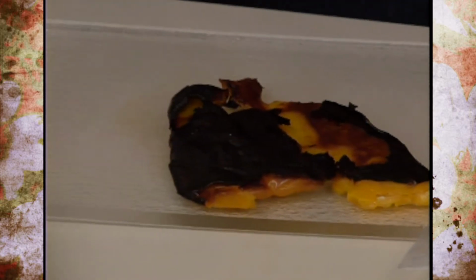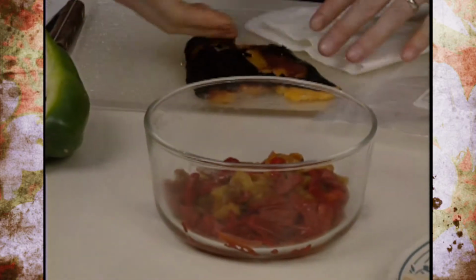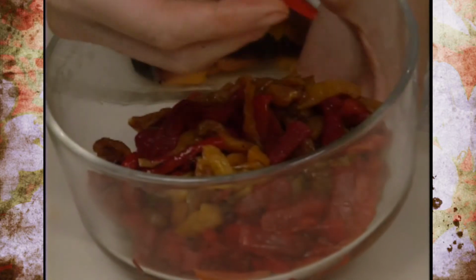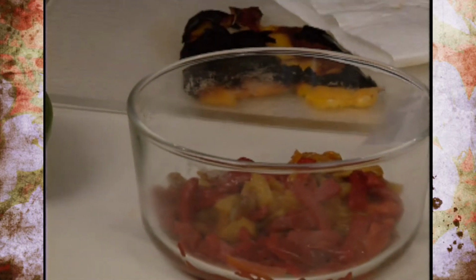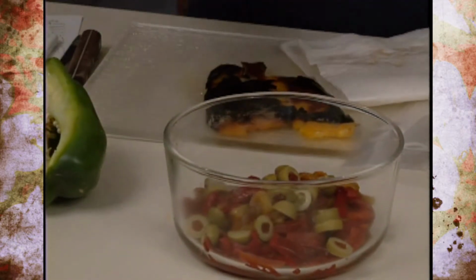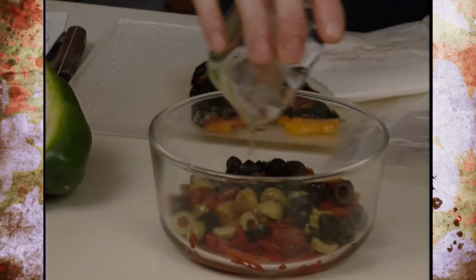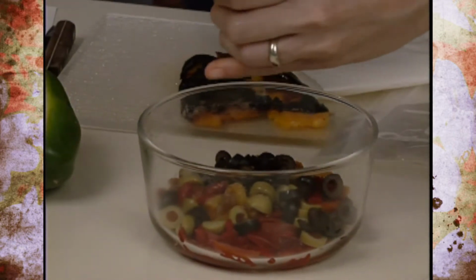Now for the recipe that I'm doing today, we're having roasted peppers and olives. And what I did was went ahead and peeled the peppers, and I have one yellow one and one red one, and I sliced them into about 1-inch pieces by about 1/4 inch. Now to that I'm going to add 2 tablespoons of sliced green olives, 2 tablespoons of ripe olives, also sliced, a teaspoon of olive oil, just a little bit of freshly ground pepper,